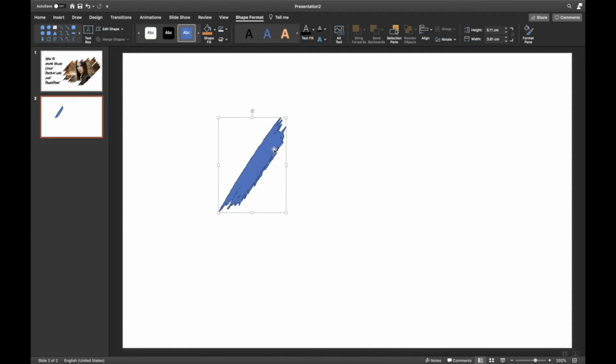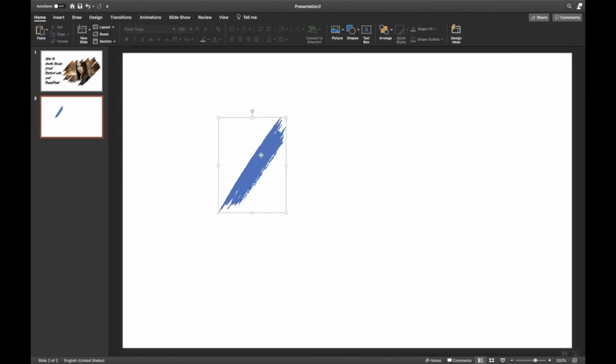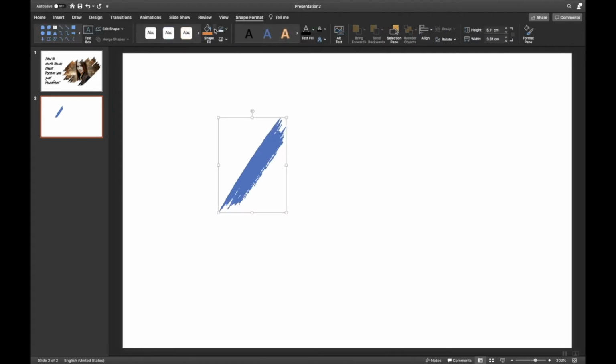Here, if you observe carefully, you can see there is an outline, but for this effect, we don't need any sort of outline. Just select that object, go here and select no outline. I'm changing it to black just to give a depth effect.